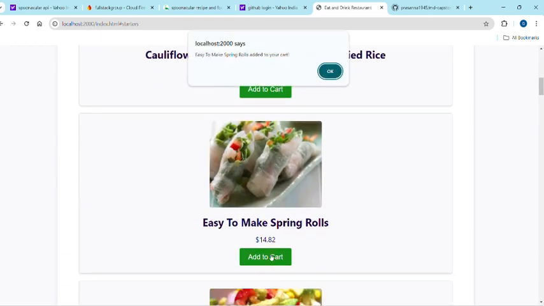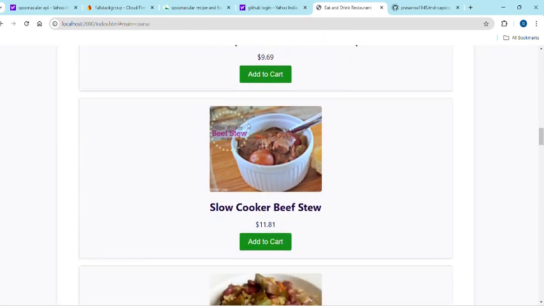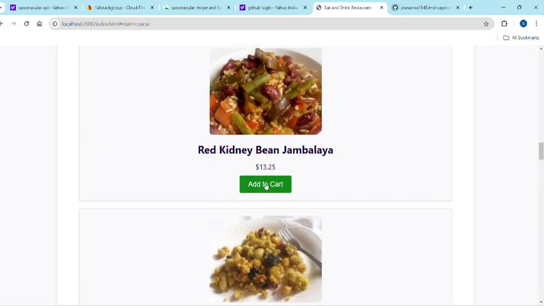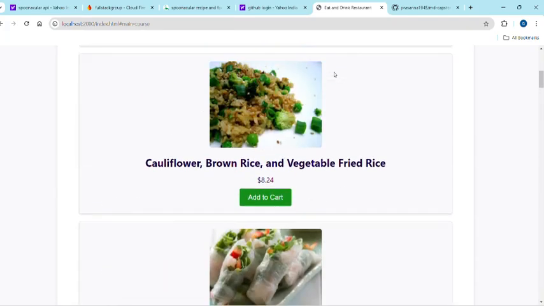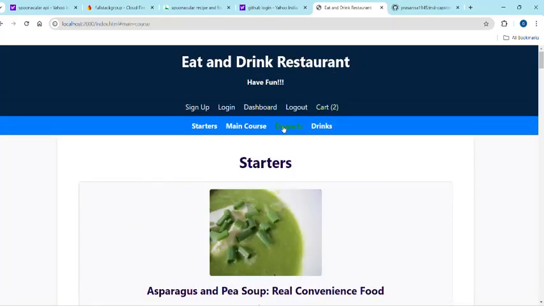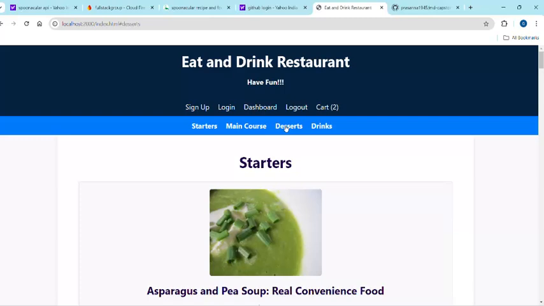I added it into my cart, as well as some main course. Then if we want, we can add some desserts into the cart as well as some cool drinks.